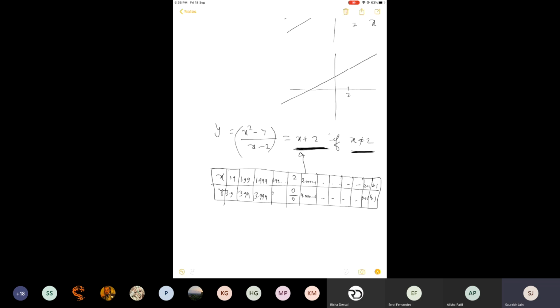Now listen carefully to what I am doing. Let us concentrate on values of x first. I am approaching, now the term approaching comes into the picture, and this is specifically with respect to values of x. First read the first row. What I am doing, I am trying to approach 2 from the right hand side, because on the right hand side numbers will be greater than 2.